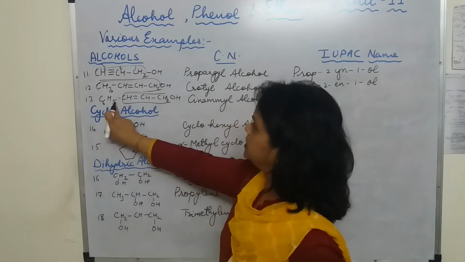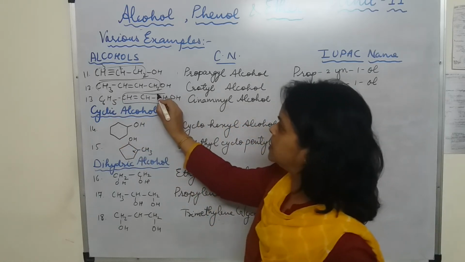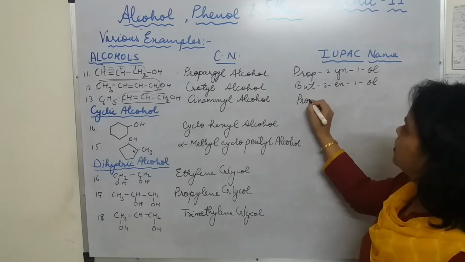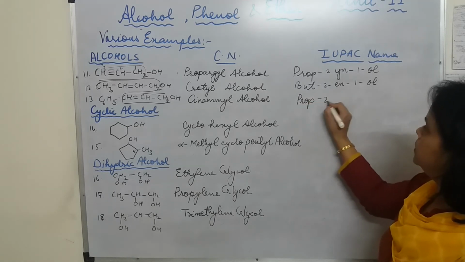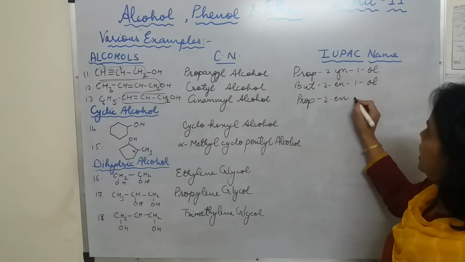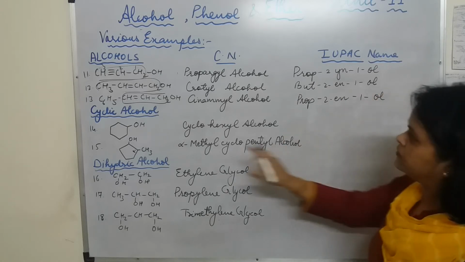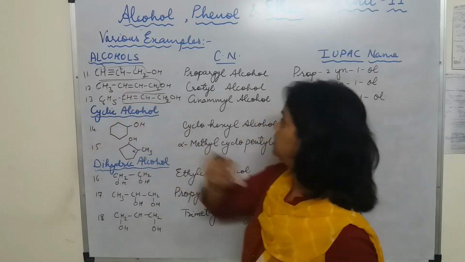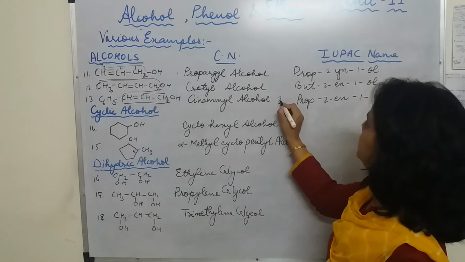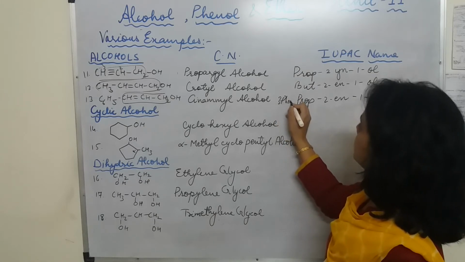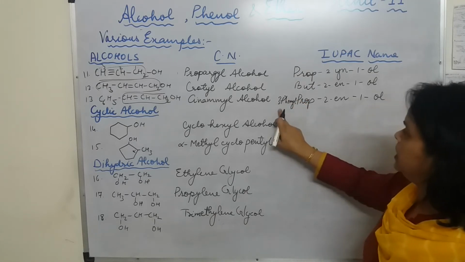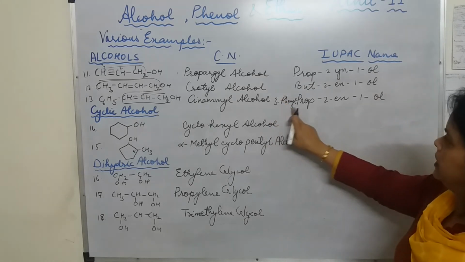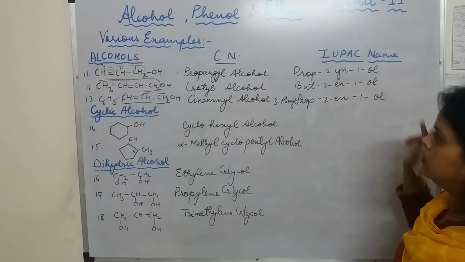The name for this compound, it is having a 3 carbon chain. 1 phenyl group is attached and 1 OH group it is attached. Numbering will start from this end. So the name will be prop-2-ene-1-ol. Now students, there is a phenyl group also, and that is present on the third carbon. So we will write here 3 phenyl. 3, I should write it clearly, 3-phenylprop-2-ene-1-ol. Okay.